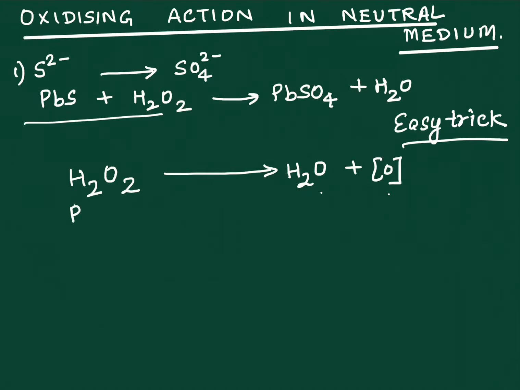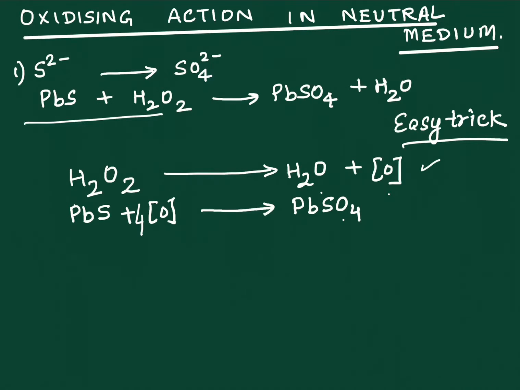Next, I have to oxidize lead sulfide. So nascent oxygen, this is lead sulfide, PbS. This gets oxidized to PbSO4. Now, let's do the third step. First of all, balance both these equations. Now, if you notice, first equation is balanced. Yes. See the second equation, is it balanced? No. So what do we have to do? We have to put 4 over here because there are 4 oxygen on the right hand side.